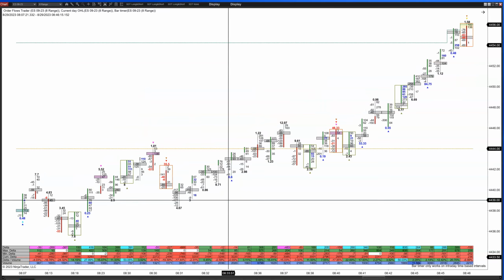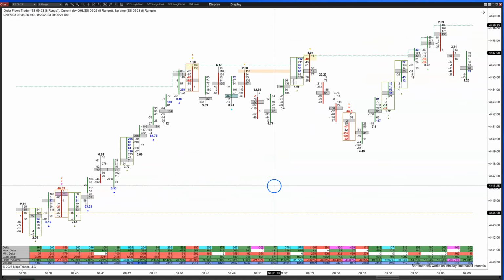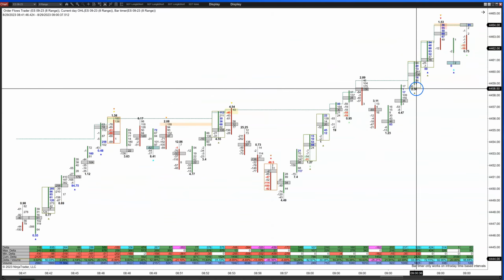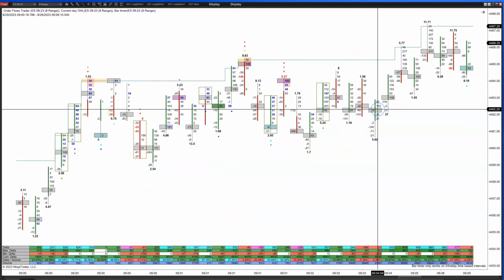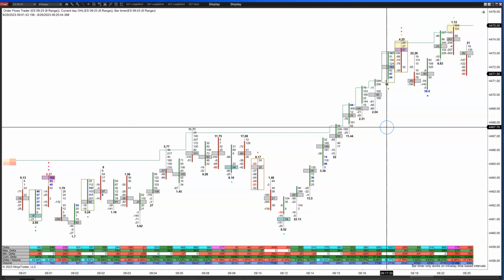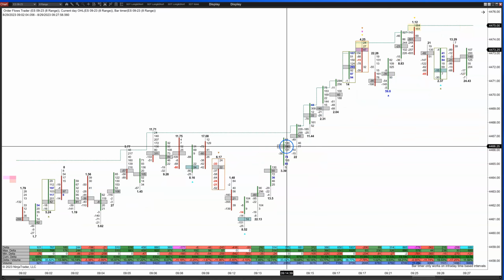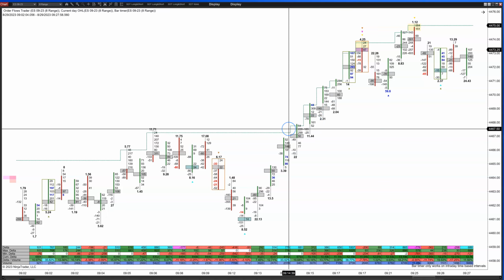This is an 8 range chart. Where's the cash open? Somewhere in here, 837, right? We started going up, taking out these highs. What I like to see, I don't see it developing here in the E-minis today. But what I would like to see, when we're going up, I like to also see not just the